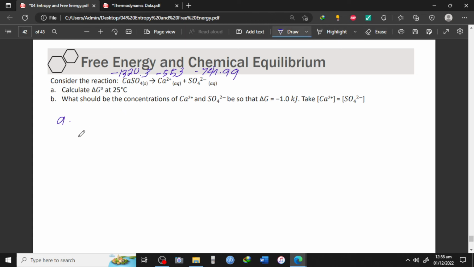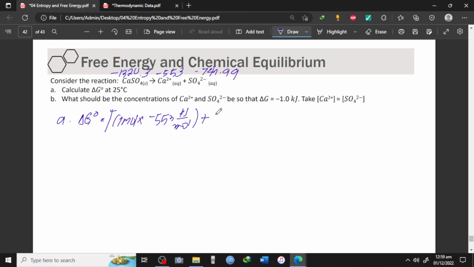Okay, so plug in lang natin product minus reactant. In this case, hinahanap natin si standard free energy. So, product, calcium muna. Si calcium ay may 1 mole multiplied by negative 553 kilojoules per mole